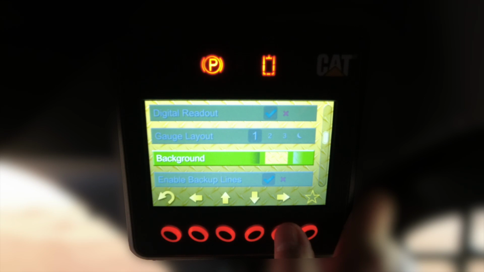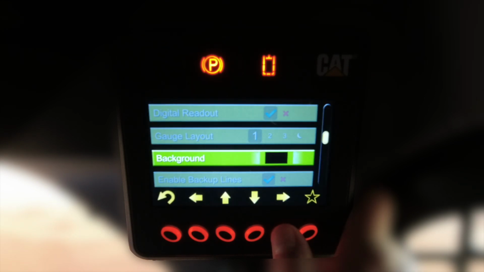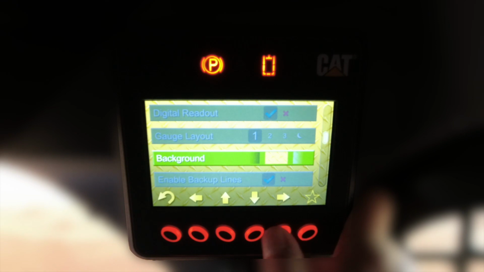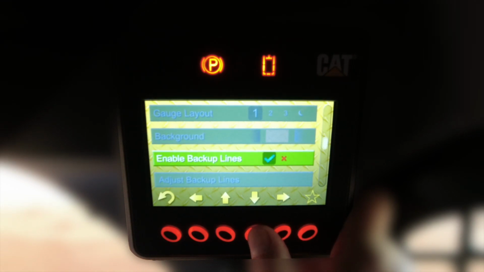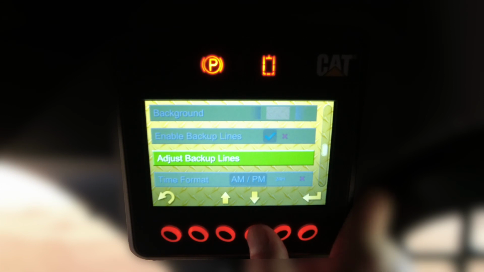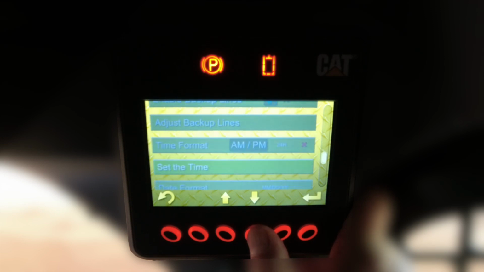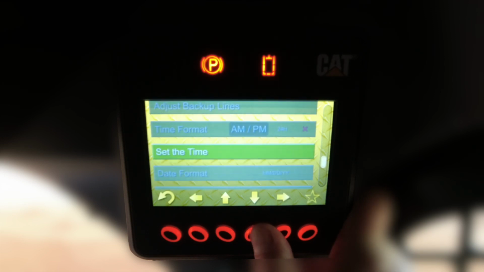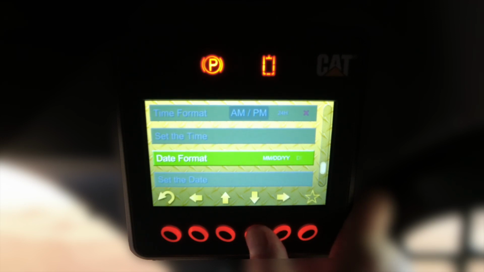Also configurable are the background colors, enable backup lines, adjust backup lines, time format selection, set the time, date format selection, set the date, set custom